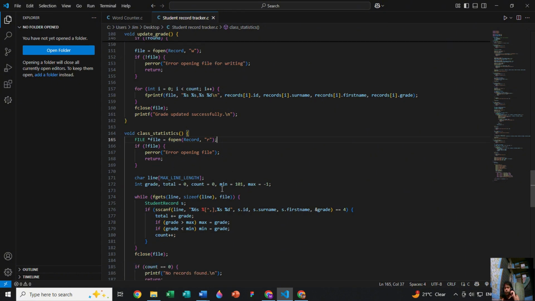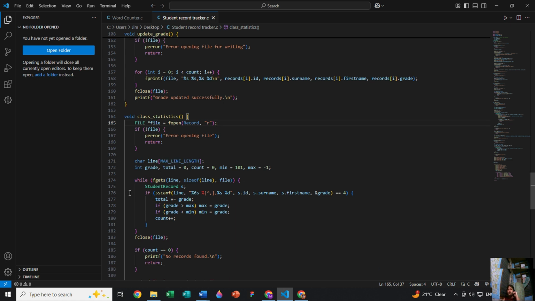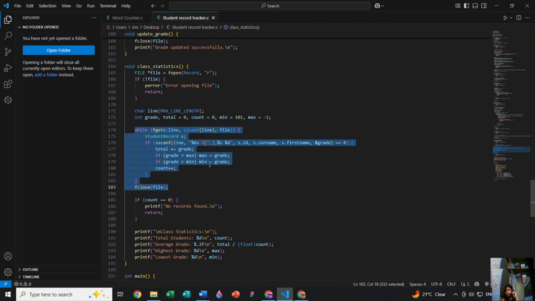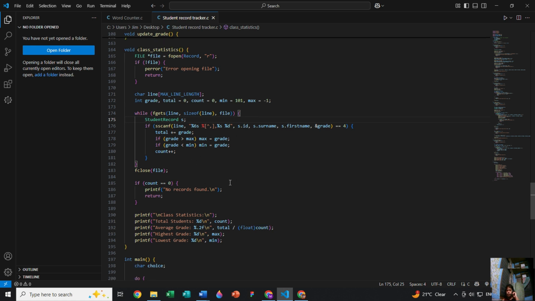Now, for character, this basically, these lines of code are mainly there to accumulate statistics from the file, basically gathering all the necessary data like their grades while also organizing them.